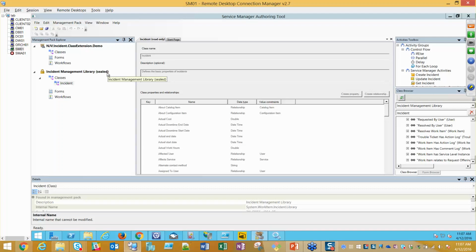So right now what we want to do is extend the incident management pack, and we can see all those default properties that are present there: the actual cost, affected user, which is a relationship, alternate contact method. If we want to add something to this class, we can't add it right into the sealed management pack. It's going to actually get stored in the management pack we just created. So if I right click it and click extend,